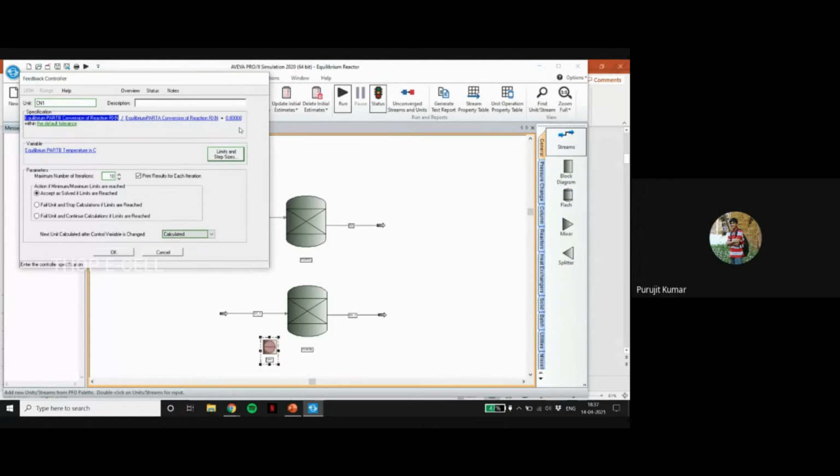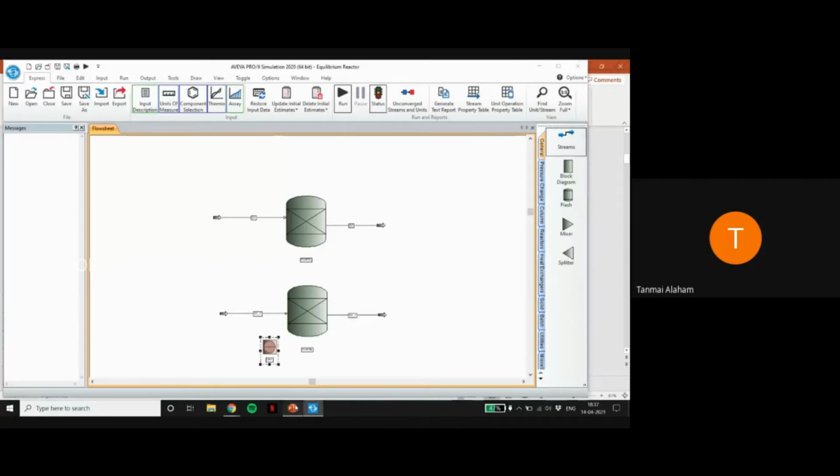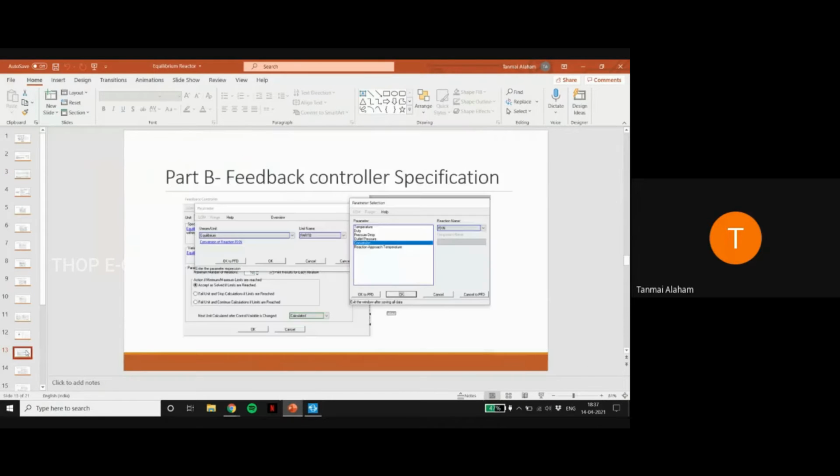And yes, I think that's sort of about it. The remaining data is the same as what we've done for part A as well. You run it and you get the output for this as well. And I'll just show you that.